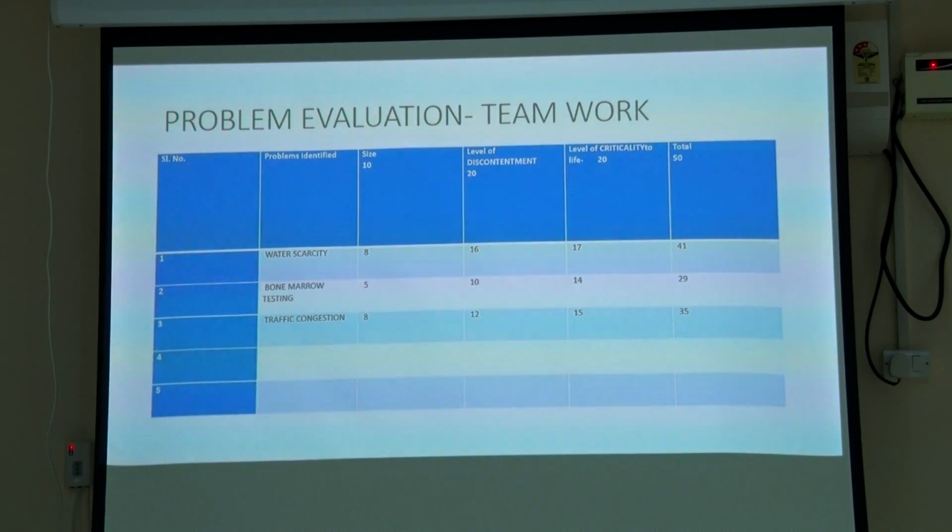So out of 20, the scoring is 0 to 10 for low discontentment, where there are plenty